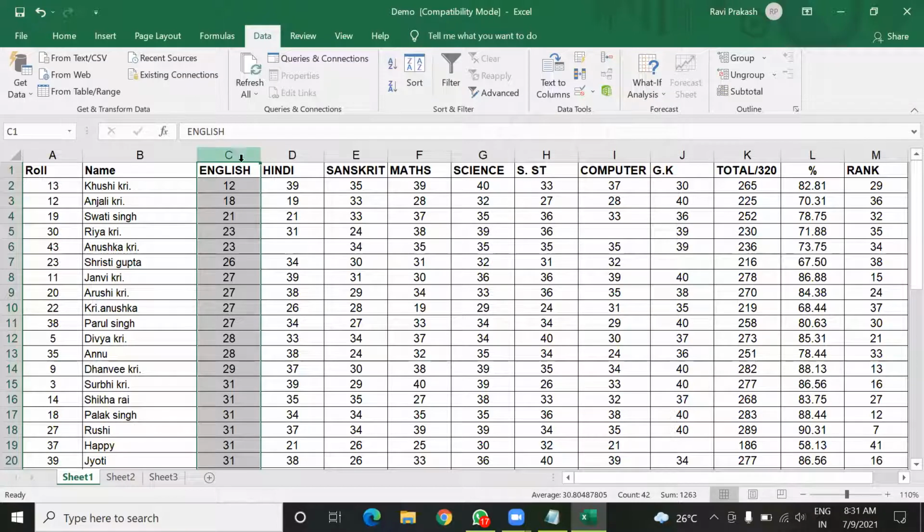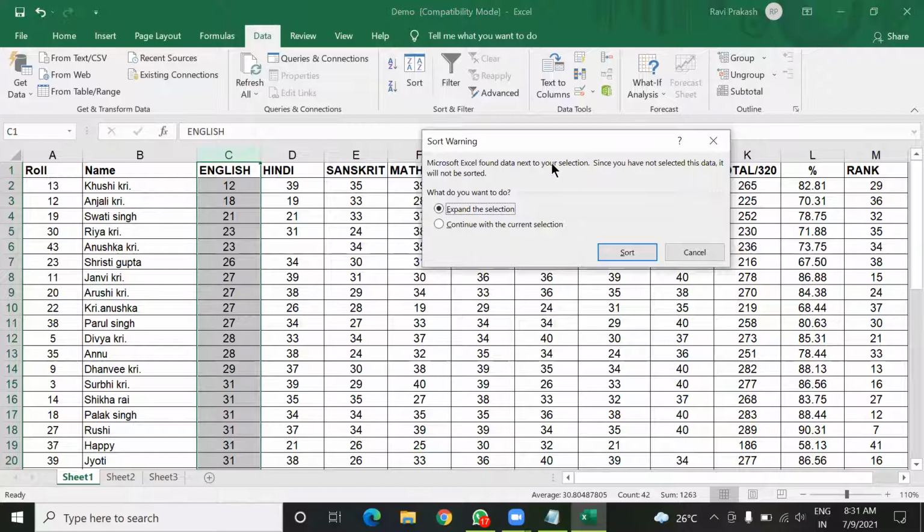First of all, select this whole column by clicking on this C column heading, and click on this Z to A. Then this short warning will come, and in this warning you will find two options: expand the selection and continue with the current selection.